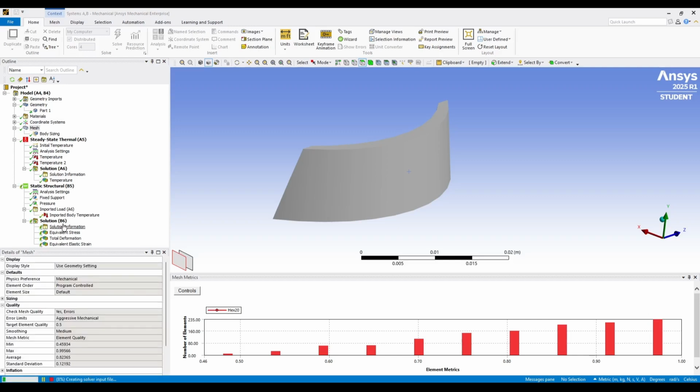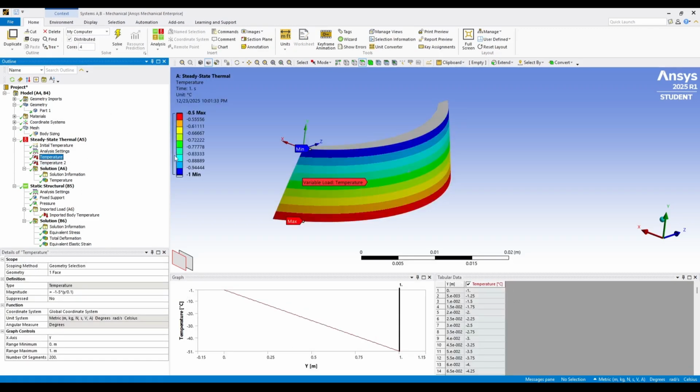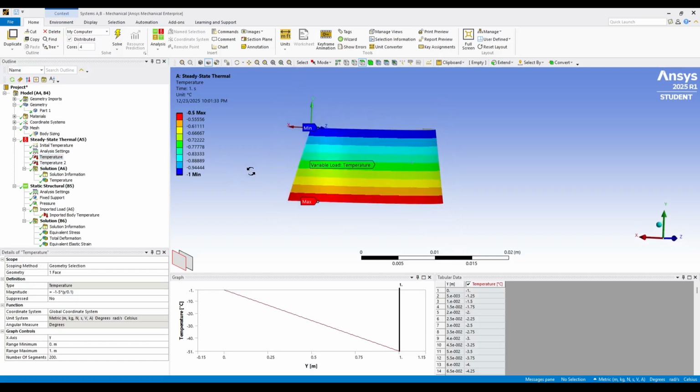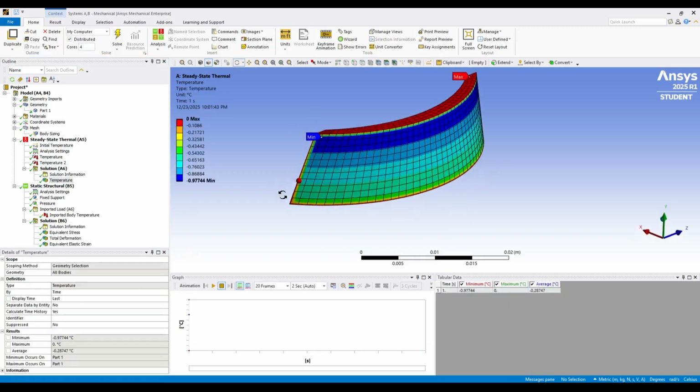On the other hand, the stress results reveal that higher von Mises stresses are concentrated near the edges of the dam, especially around the abutments and boundary regions, where structural restraint is highest. This behavior is expected, as the edges resist both mechanical forces and thermal expansion, leading to stress accumulation in these